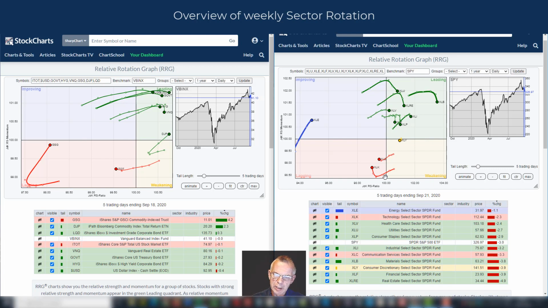One day they go there, the other day they go there. So there is some news out there, and then everybody flocks to these sectors, and then another news message comes out and they flock to all the other sectors, and that's what's causing these very rapid rotations on the daily chart. That's the reason I actually